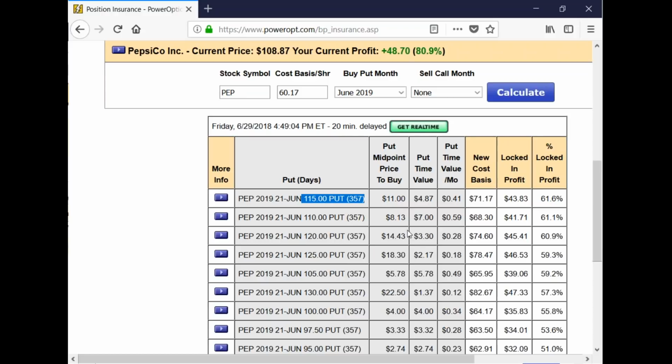This tool is telling us that the 115 might be the best buy right now at midpoint if you can get it for the June series. I like the 110 personally. That's the put I would use if I was opening a married put on PEP today based on my stock selection. That being said, it's based on your expectations and what your plan is going forward.